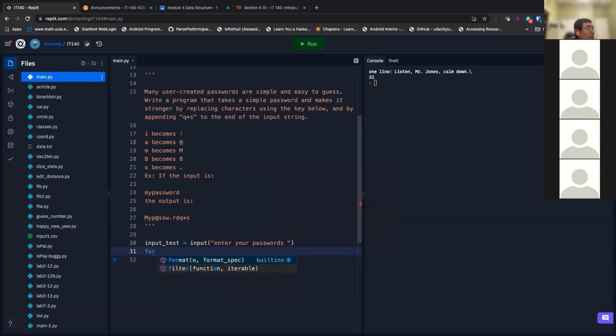For, again, you're familiar with this, for in input text, right? This is the for loop, and then what? Now, of course, you can also do for i in string, right? It would be too expensive resource-wise.